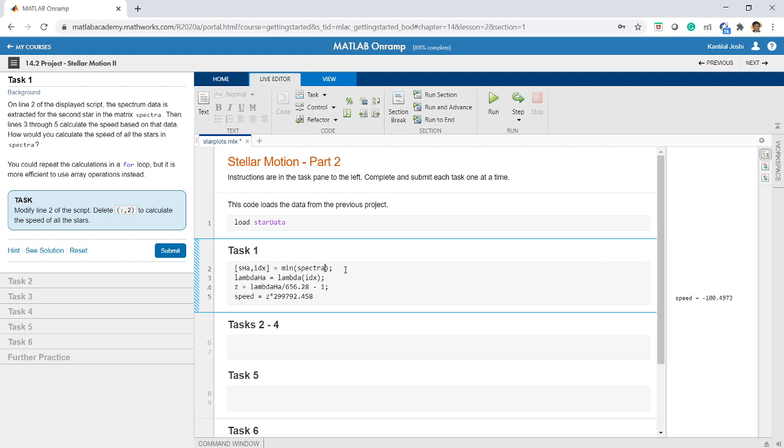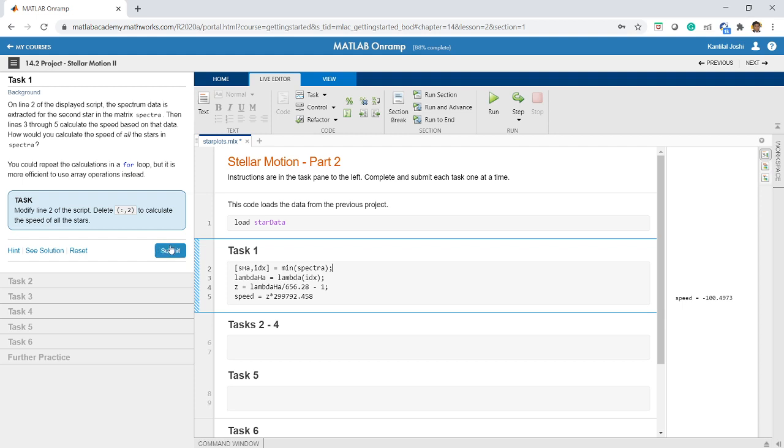What I have done is simply remove the colon comma 2. I have written minimum of spectra. In the earlier case it was returning the minimum value and its index. Now it will return the minimum of each column and its index.